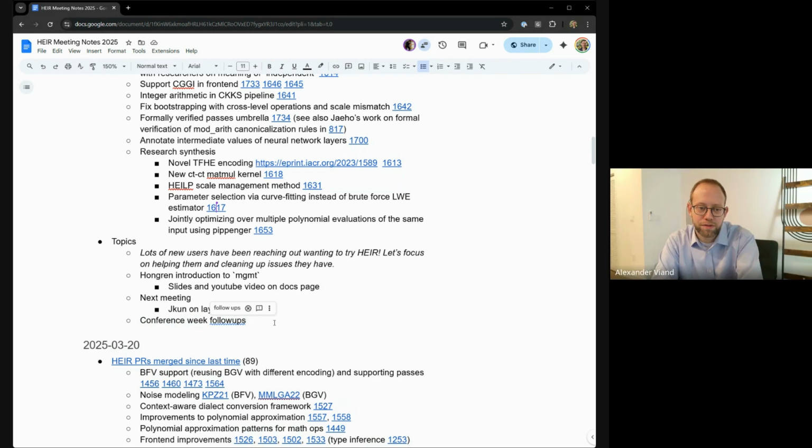I also don't know if anything that we do in HEIR because of crypto reasons is reusable. But one of the things they were really interested in is how we use attributes to annotate analyses for easier debugging, like the management annotation and the secretness annotation. So I think it's going to be mostly a bit of an MLIR support group, exchanging little tricks and techniques.